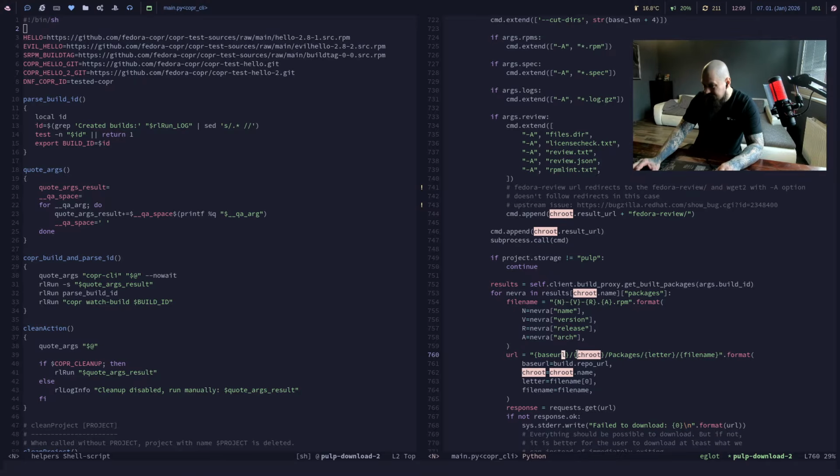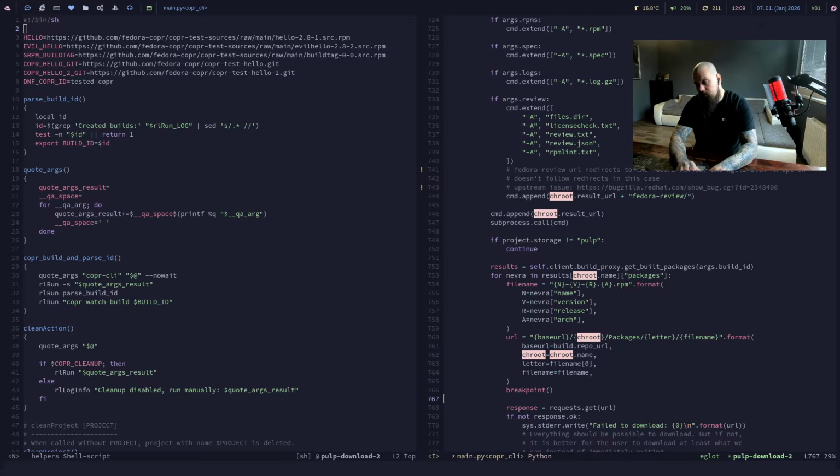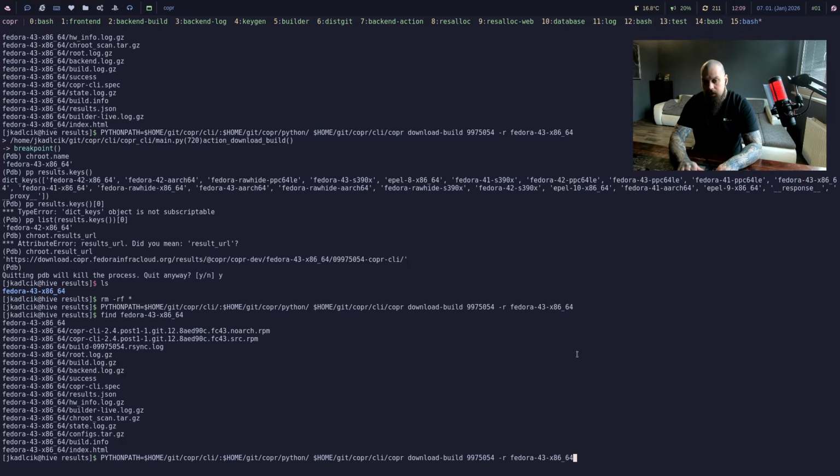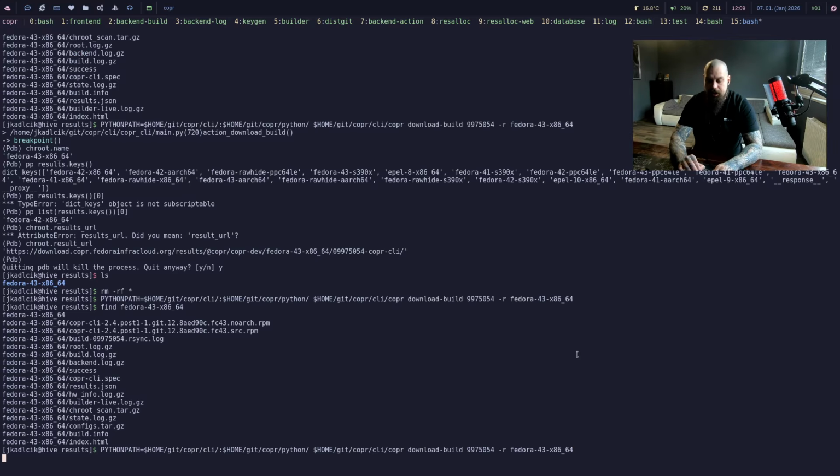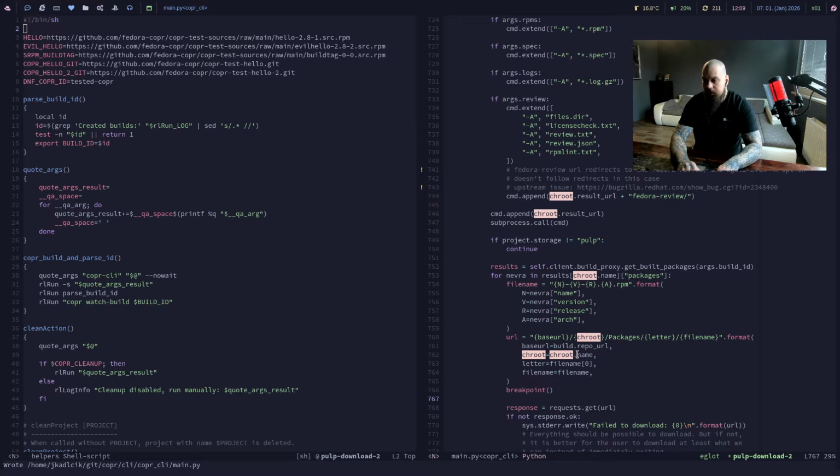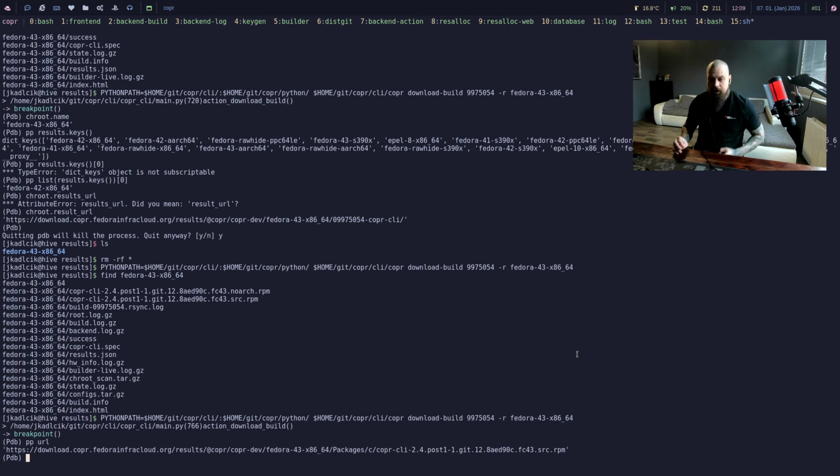Is that it? Let me see. I'm curious. So if we run this again, we have a breakpoint and we print the URL. Yeah. This is really weird, right? This is really weird because